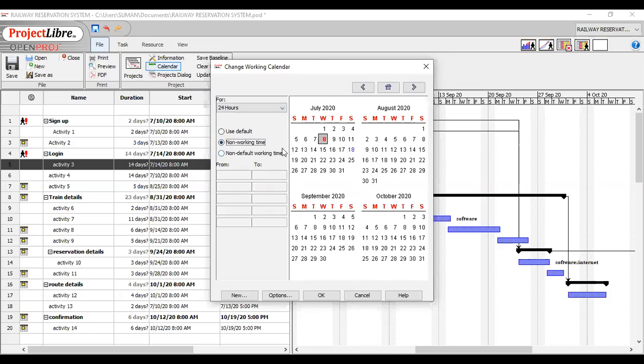Non-working time means ignore the calendar's default option for this day and make this a non-working day, which means this day is not available for working. When I select non-default working time, that means ignore the calendar's default option for this day, and we can also set the duration of working hours from time to time.